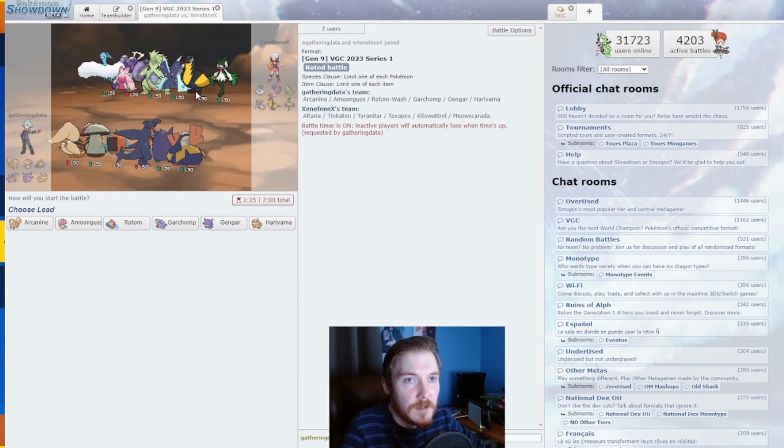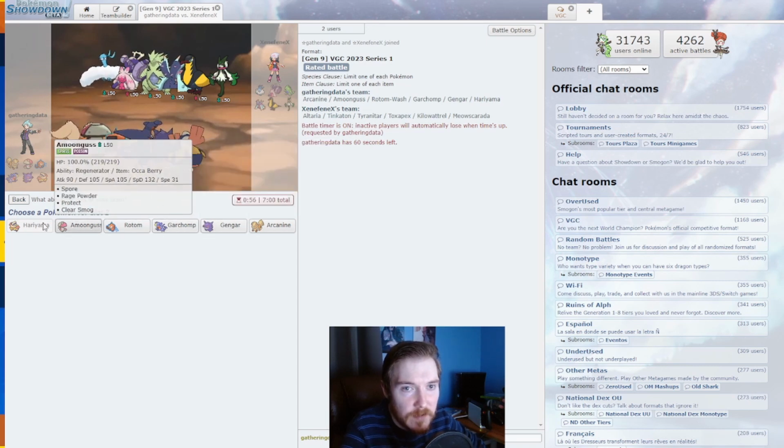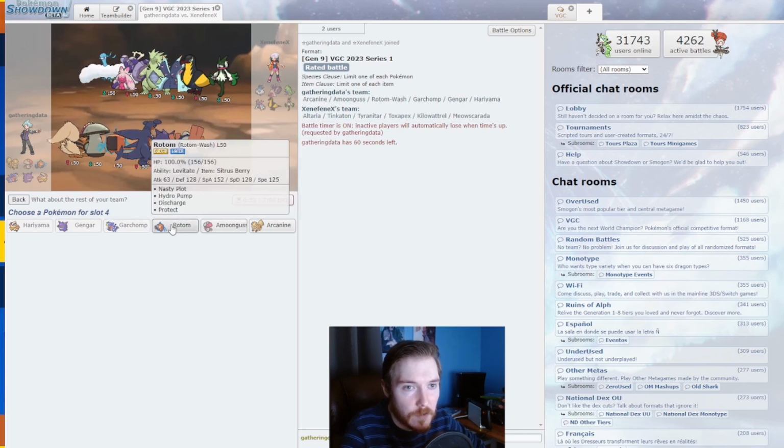So they have Meowscarada, Kilowattrel, Toxapex, Tyranitar, Tinkaton, and Altaria. Kilowattrel has Tailwind, I know that much. I'm not really sure what's going on with the rest of this team. I don't want to lead Arcanine because Kilowattrel usually has Competitive, and that'll boost its special attack if it's intimidated. Hariyama I'm fine with, though. They don't have Trick Room, they don't have any real speed control outside of that. So I think I'm fine leading Hariyama and Gengar, because that can deal with most things here. I think I like Garchomp in the back, and probably...